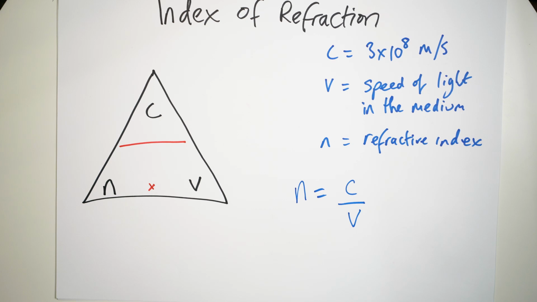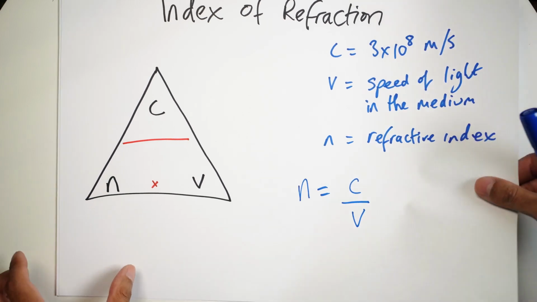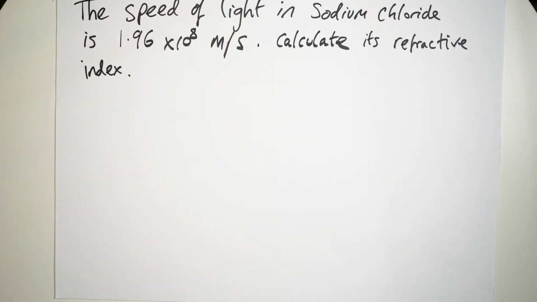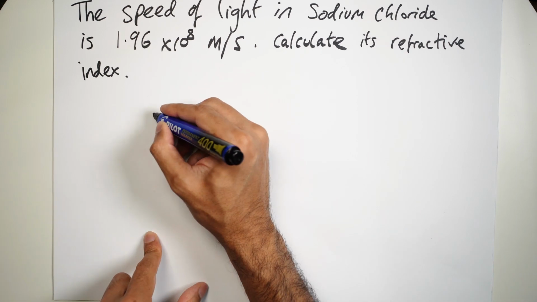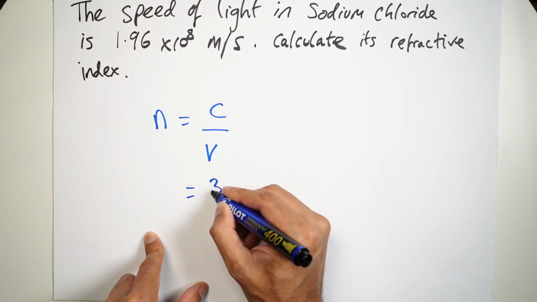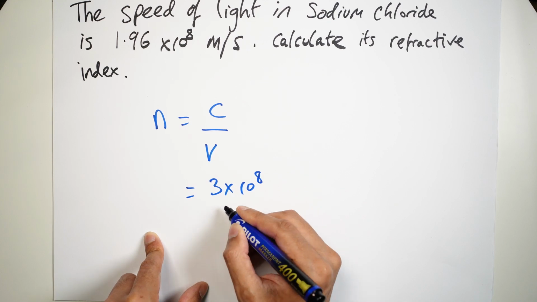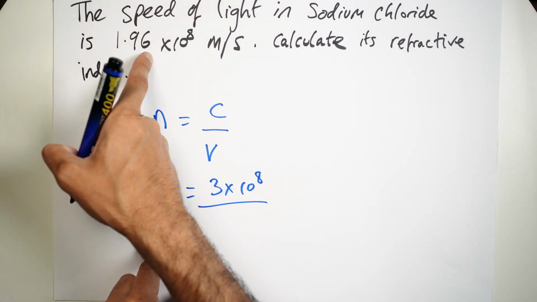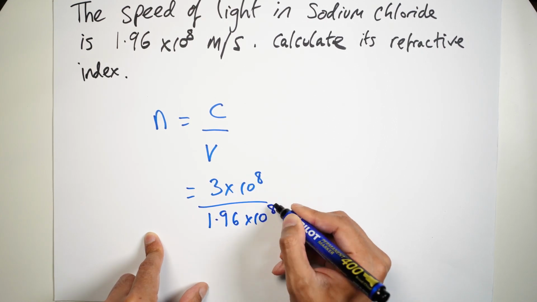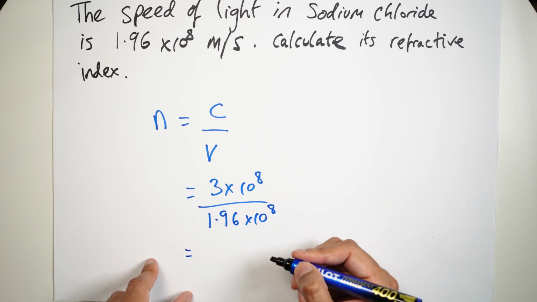Okay, let's have a look at an example. Let's get rid of this. It says the speed of light in sodium chloride is 1.96 times 10 to the power of 8 meters per second. Calculate its refractive index. So refractive index is N. So N equals C divided by V. C is always 3 times 10 to the power of 8 meters per second. Divided by V, that's the speed of light in the medium, 1.96 times 10 to the power of 8. And that equals,